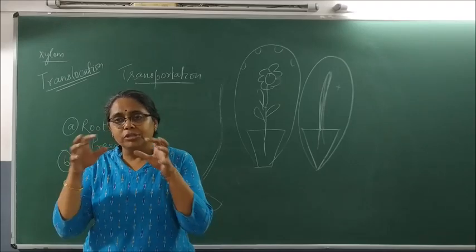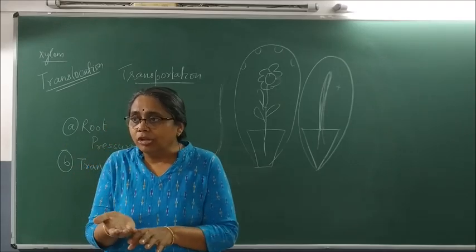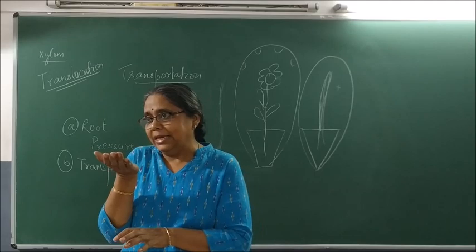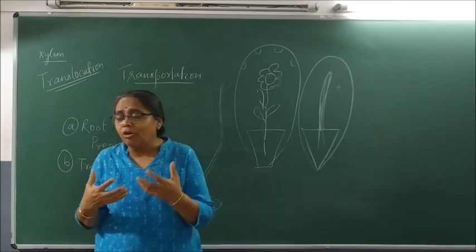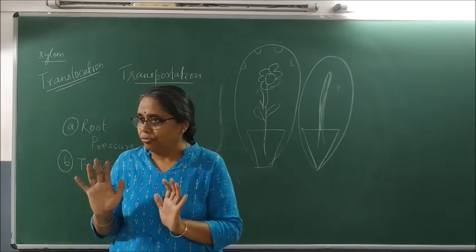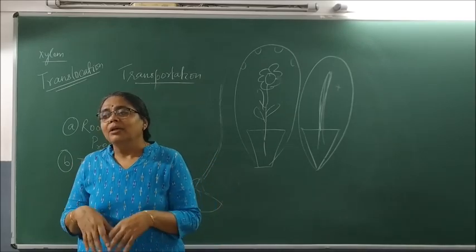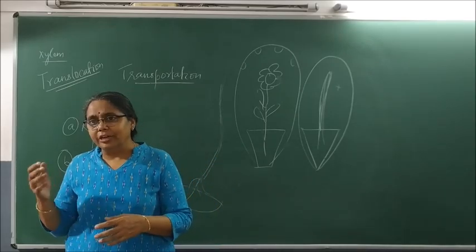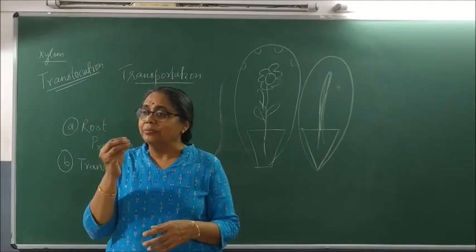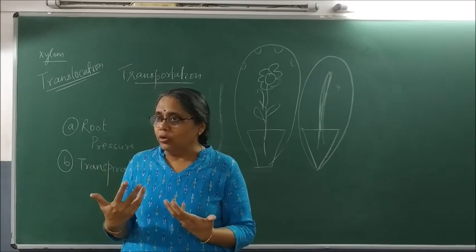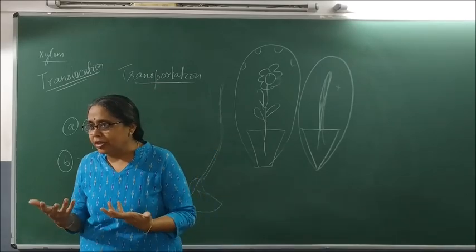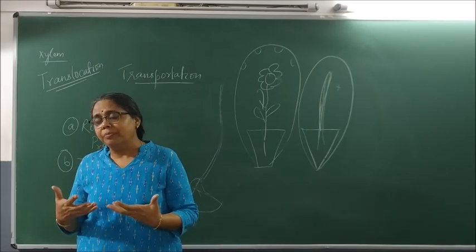The moment food substances get into it, the osmotic pressure of the tissue increases. And what is osmotic pressure? The pressure of dissolved substances inside the tissue. In xylem, the osmotic pressure generally does not increase because all the water and the minerals which are dissolved in it are very, very minute. Whereas food, what we eat, is larger than the amount of minerals I require. So the pressure builds up.